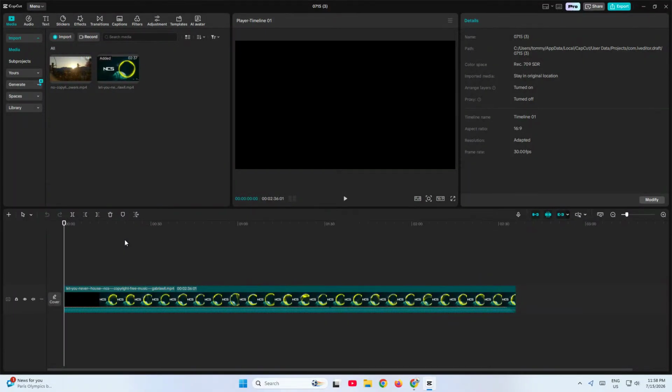If you want to add subtitles in CapCut quickly and easily, the fastest method is using the Auto Captions feature. In this video, I'll show you exactly how to do it step by step so you can turn your spoken audio into clean, synced subtitles in just a few taps. This is perfect for short-form content, tutorials, talking head videos, and any edit where you want better accessibility and more